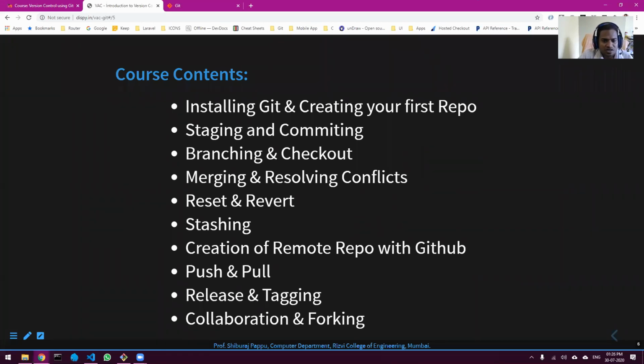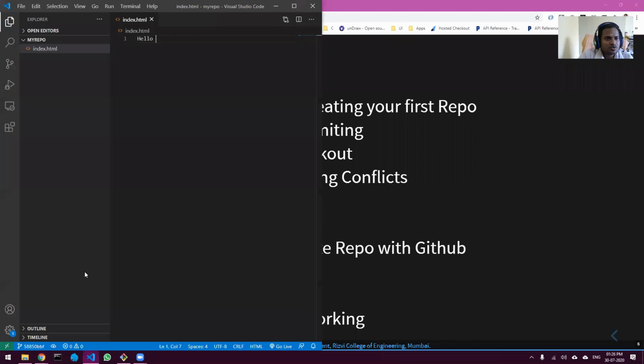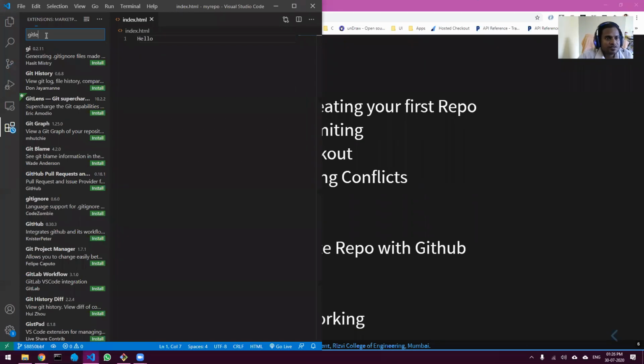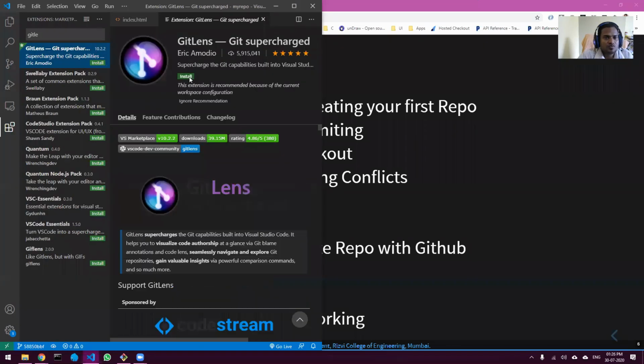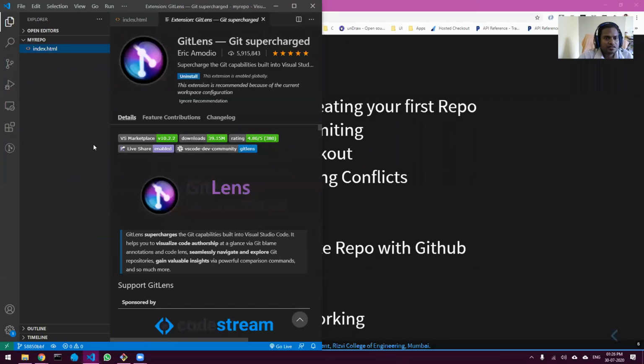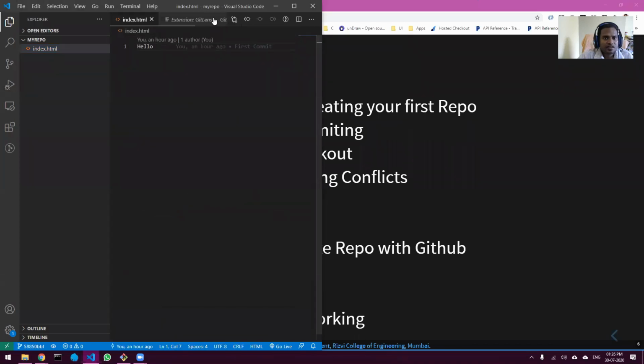Okay, so once you learn Git, then you will understand, and I will also show you some plugins in Visual Studio Code which will help you in understanding who has done what. Okay, if anybody needs, I will show you the name of the plugin. It's called GitLens. I will just quickly install that and show you what happens. Okay, it's installed. Now if I go to my file, you can see what has happened. Can you see? I don't know if it's visible or not.